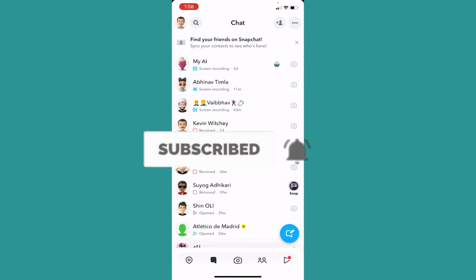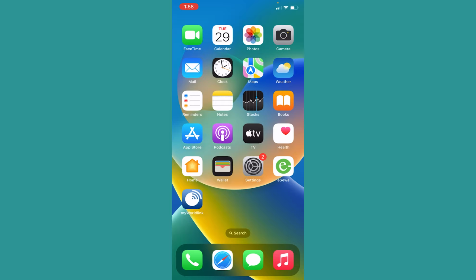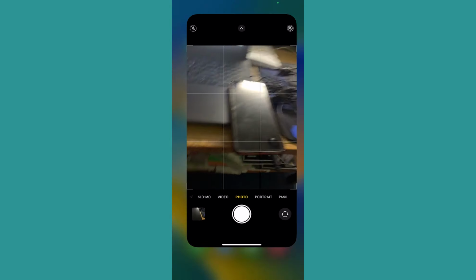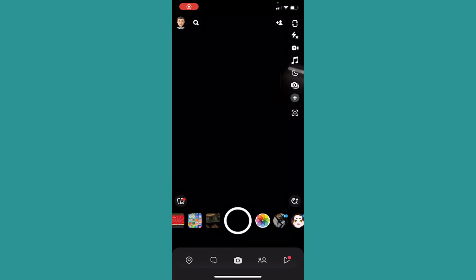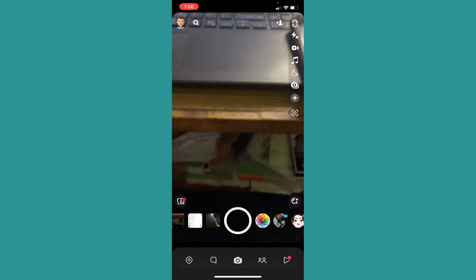So a camera roll video is basically the video which you took using your phone's camera, not the Snap camera but your phone's camera, like this. So I'm going to take a normal video over here just like this. It's going to be a 2-second video. So this video is now automatically going to be saved on the camera roll of Snapchat. Now in order to upload or send this video to my friend as a normal snap, what I need to